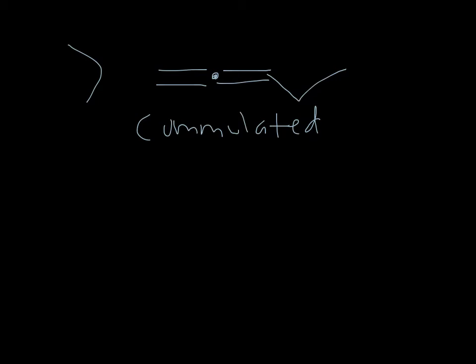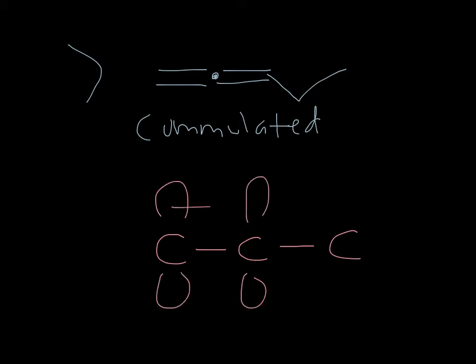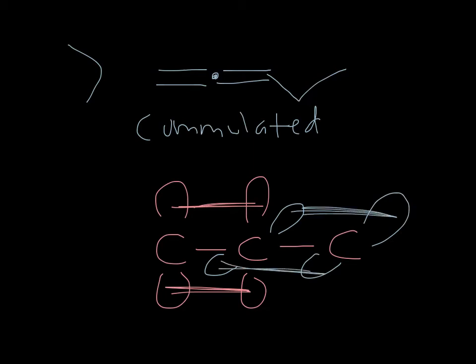If we think about what's going on here, if we draw those three carbon atoms in a row, I've got one pi bond on this side, and then I have another pi bond, but it can't be overlapping on the central carbon the same way that the first one is. It's actually going to be orthogonal. So I'm going to draw the additional p orbitals like this. And so those are overlapping in front and in back. So blue is in front and in back, and red is